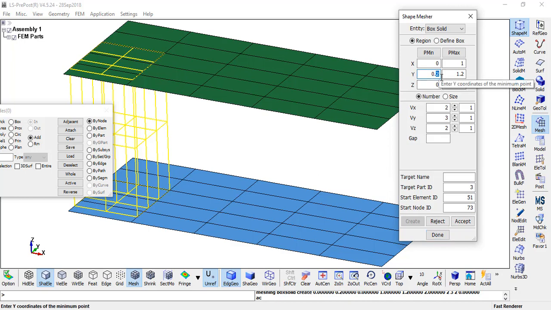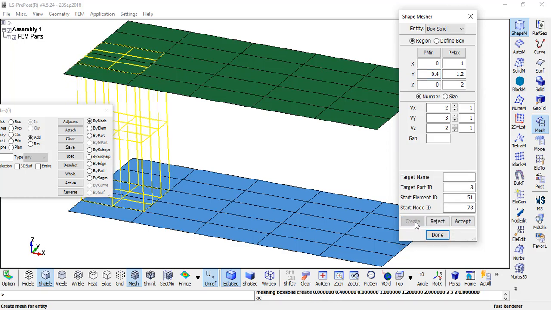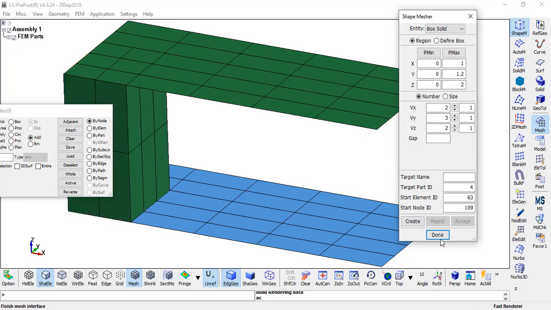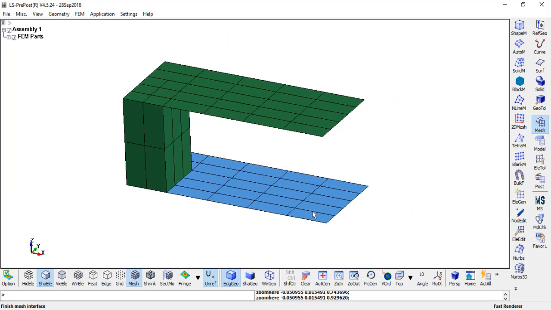Okay, let's take it to 0.4 and this to 0.6. Okay, let us start with 0 itself. And this is how the parts are being made.